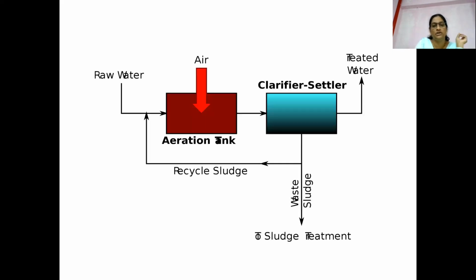Now we are turning towards the secondary treatment process. Up to this we have discussed. Now in the secondary treatment process, the very first unit operation we are going to study is the activated sludge process. Okay, it is a process, it is not a unit. How this is a process and why it is not a unit, I will discuss with another figure.